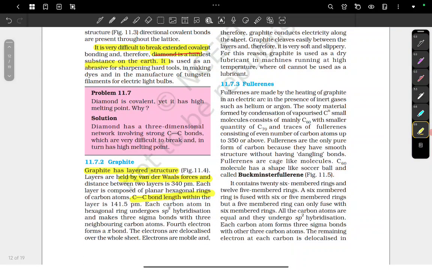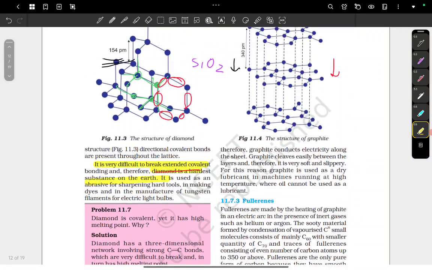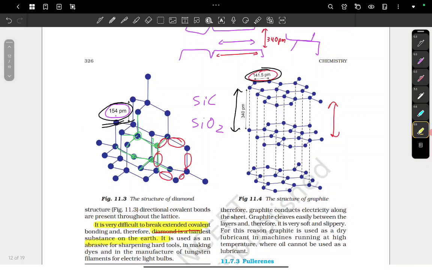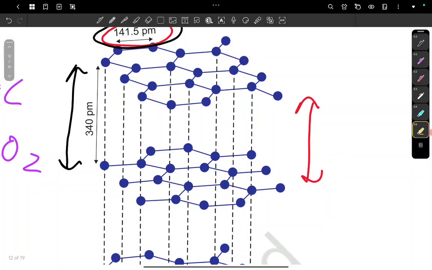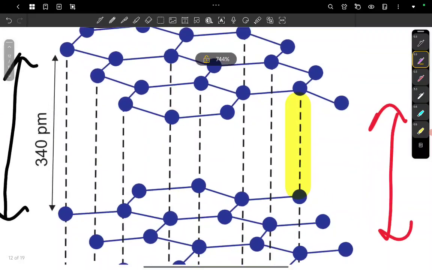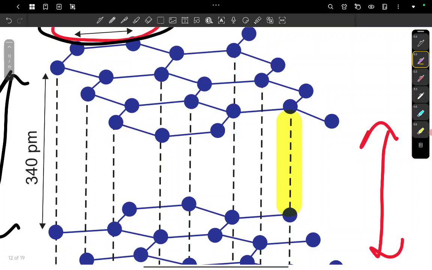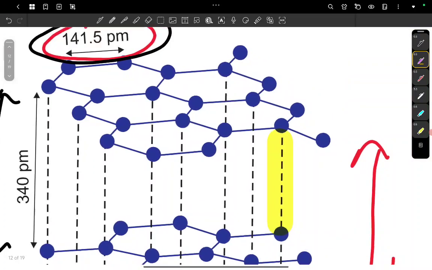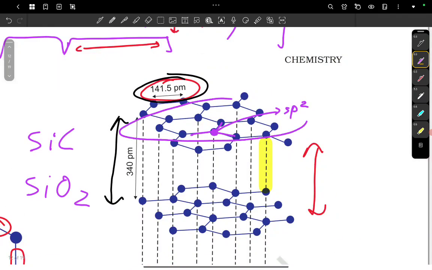Now, same point of 141.5. Each carbon atom here has sp2 hybridization, because you see this is not exactly counted as a bond. This is not exactly a bond. It's just, it's a situationship. It's not a relationship. It's just there without any purpose. It just binds the sheets together, and each carbon you can see is bonded with only 3 more carbons, like proper bonds. So this is just sp2 hybridization,